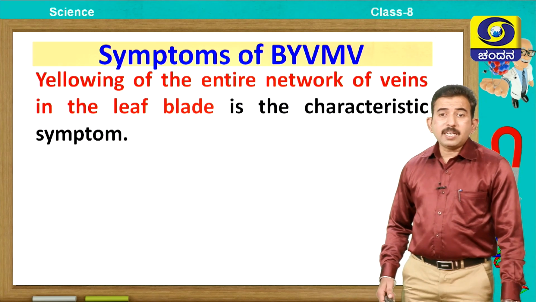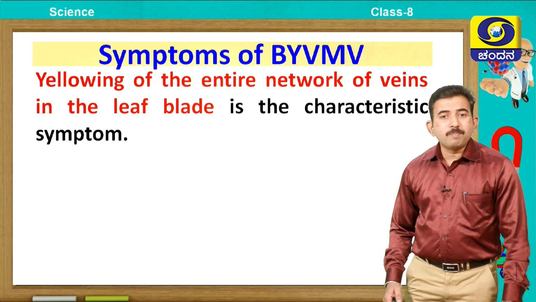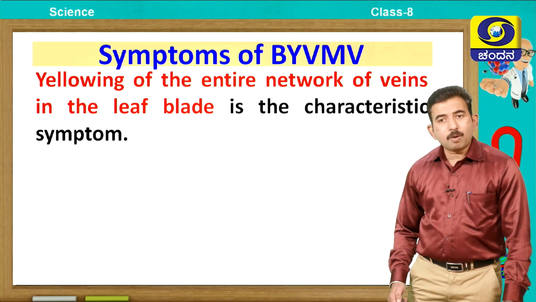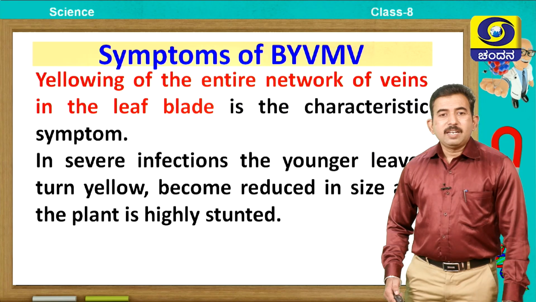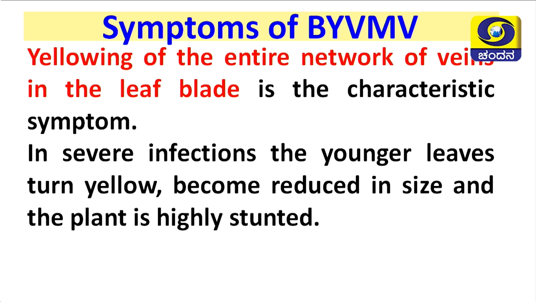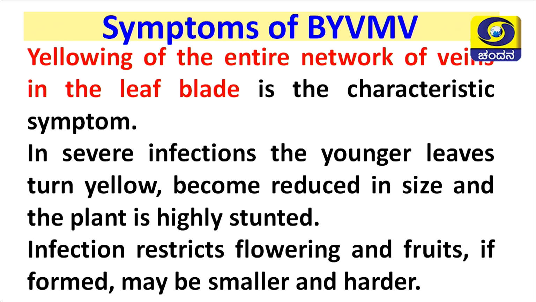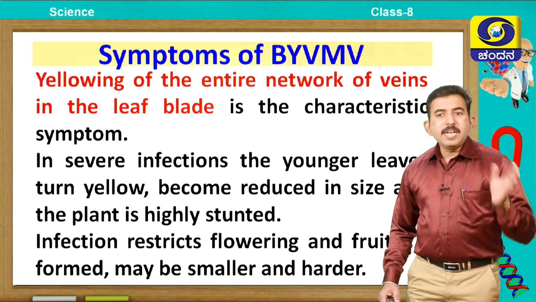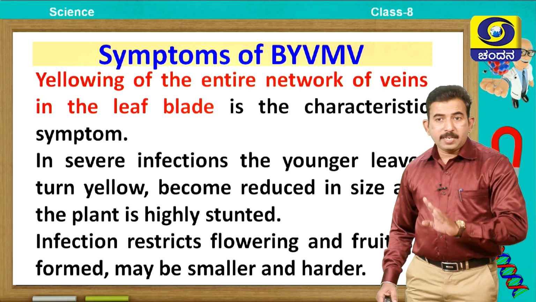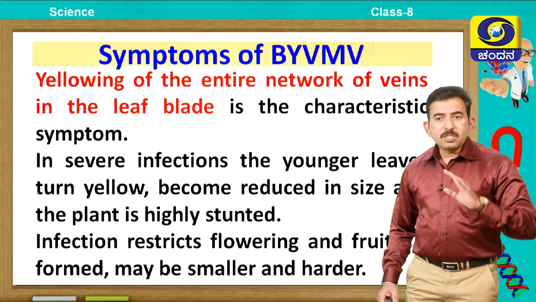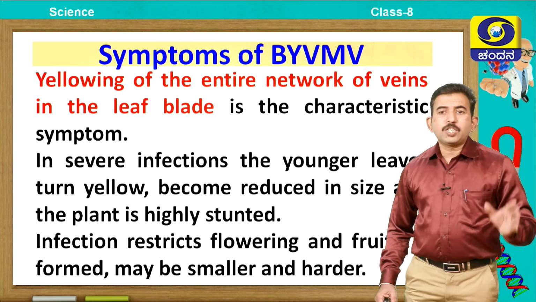Yellowing of the entire network of veins in the leaf blade is the characteristic symptom of this disease. In severe infections, the younger leaves turn yellow, become reduced in size and the plant is highly stunted. Infection restricts flowering and fruits. The fruits become smaller in size and also harder. The leaf completely turns from yellow to white mainly because the veins of the leaf completely get destroyed by this